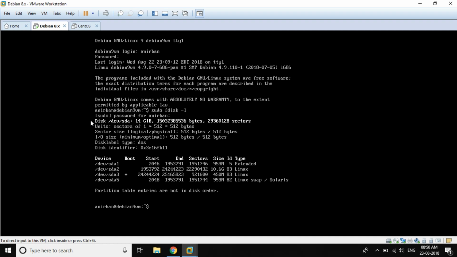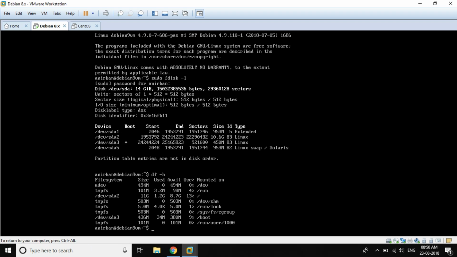Now what we have to do is extend this root partition. Here my root partition is using 10.6 GB of data. We'll see how much it is actually using and how much is actually free. I have some unallocated space here. As you can see, only 10 GB is used by the root partition, and if you issue the df -h command,